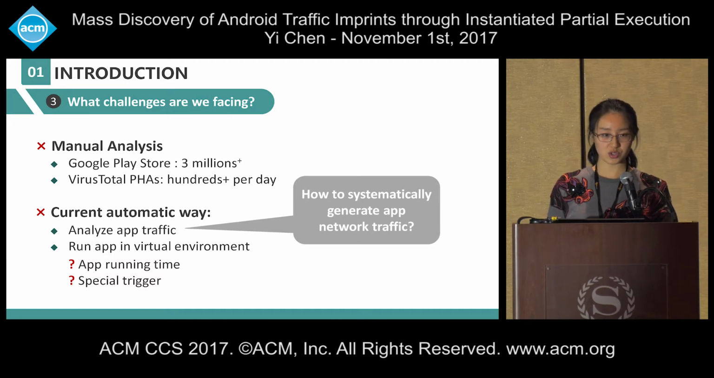And there are some attempts to automate this process. For example, they analyze app traffic, such as from an ISP. But here is the question: how do we systematically generate app network traffic before the imprint can be extracted? Some companies run the app in a virtual environment and try their best to trigger as many network activities as they can. Even if they use a more targeted UI exploration tool, it is still not suitable for large scale